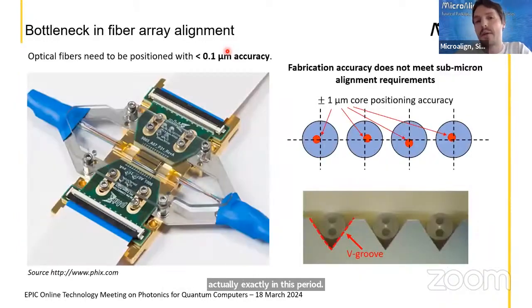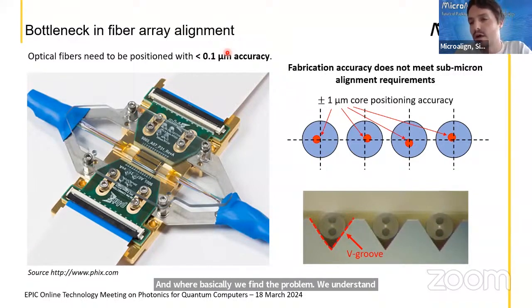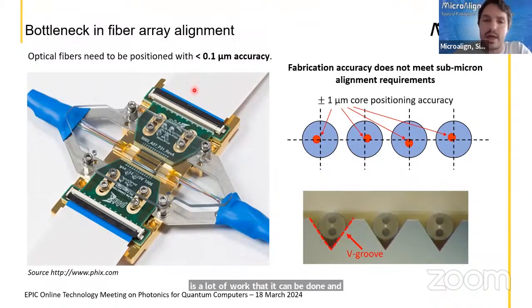Talking about fiber coupling and fiber array, let me explain with this slide the motivation of the work of MicroAlign, where basically we find the problem. We understand from different interviews or analyzing industry discussions that, especially for fiber array to chip coupling, there are concerns or imperfections that could be solved in terms of best alignment, right? Because indeed there is a lot of work that can be done in terms of spot size converters on chip and